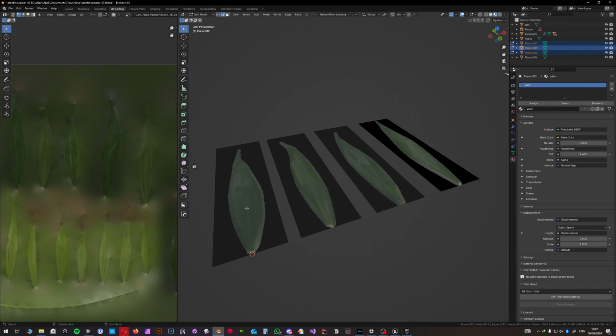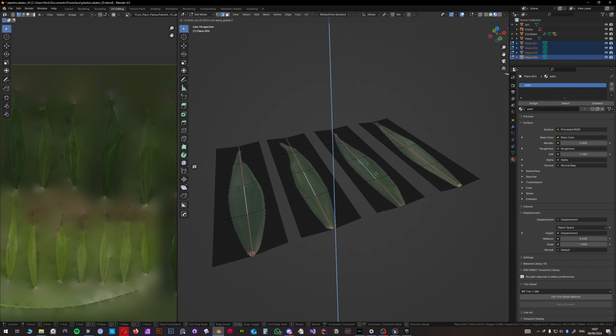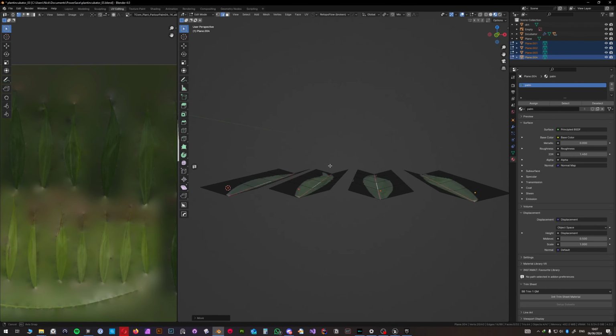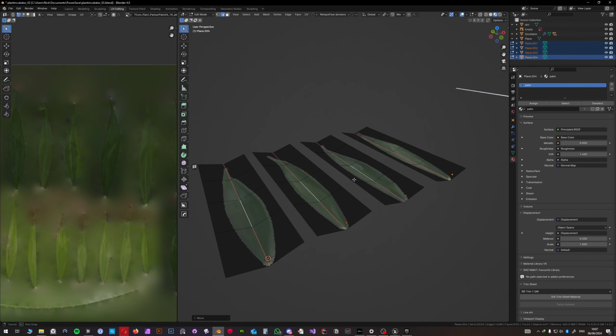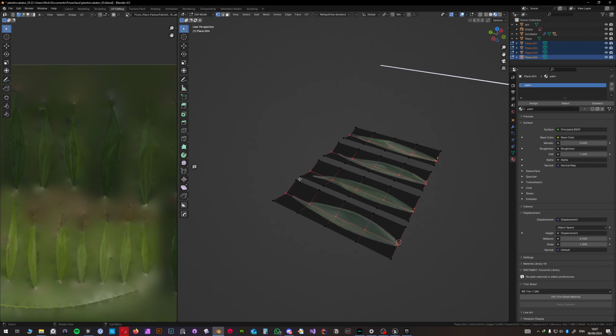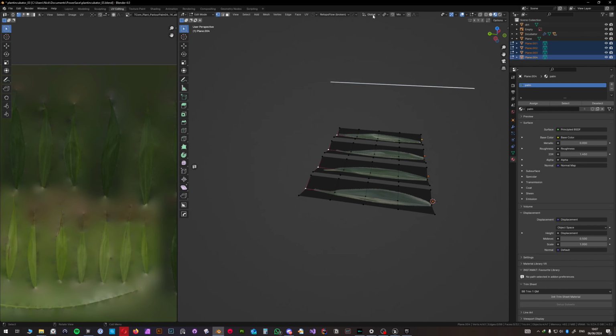So yeah, let's give it one cut along the middle and three cuts like this. Now I can just, actually, let me grab this one as well. So I can just select these and bring them down slightly, to give them a little bit of depth, right? So that's gonna work. Then what I want to do is grab these points, and we